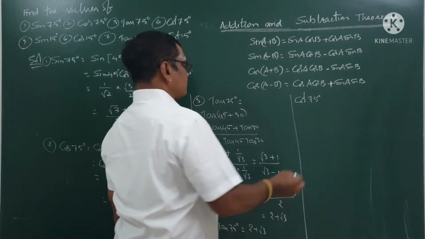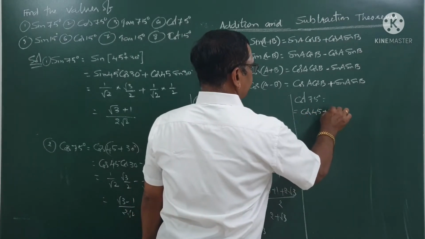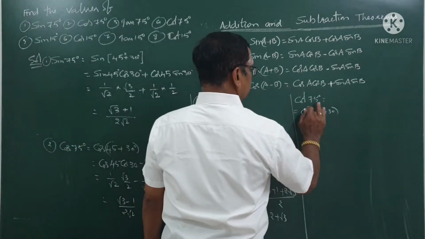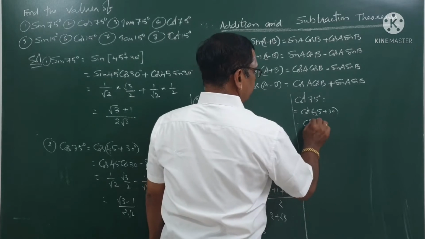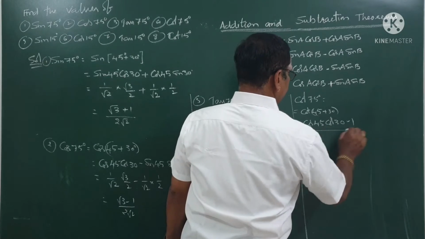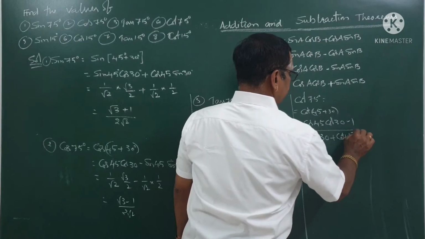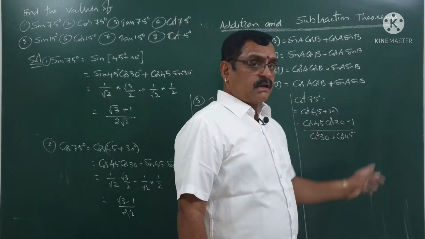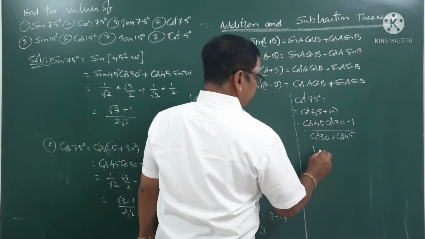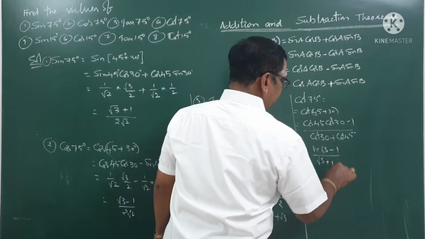Cot 75, as usual, I am going as cot of 45 plus 30. Cot of a plus b formula you have: cot a cot b minus 1 by cot a plus cot b. I am using cot 45 cot 30 minus 1 by cot 30 plus cot 45. Now substitute values: you have 1, cot 30 is root 3, minus 1 by same thing, root 3 plus 1,